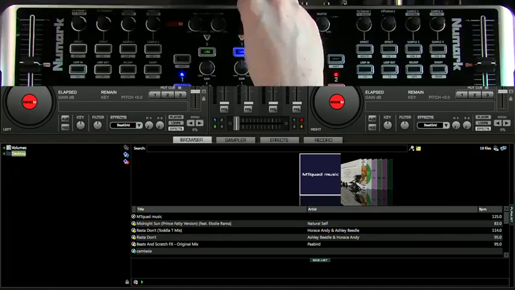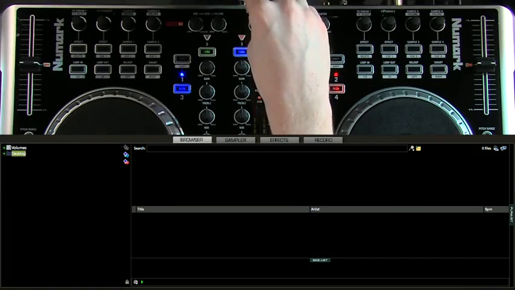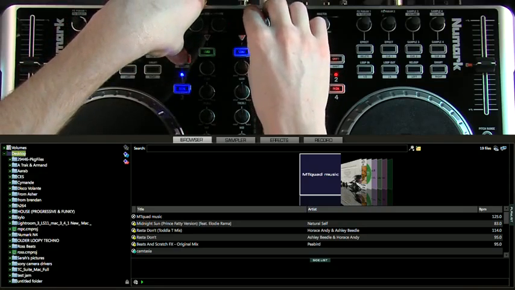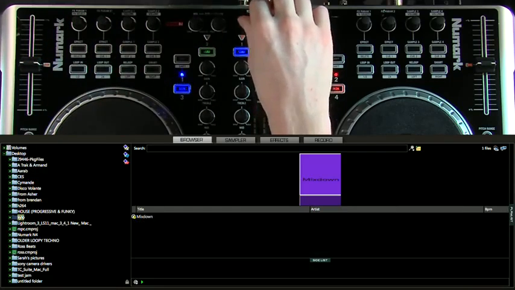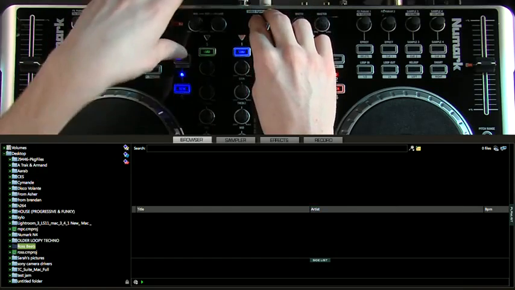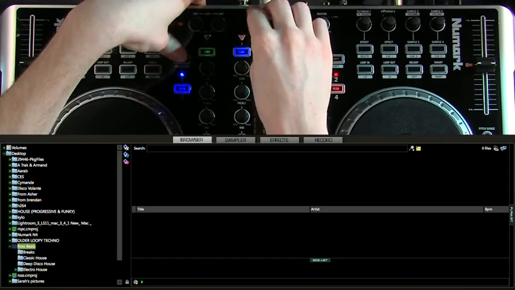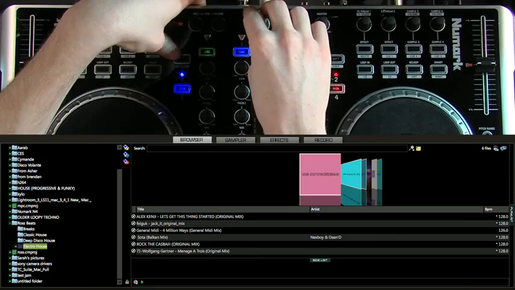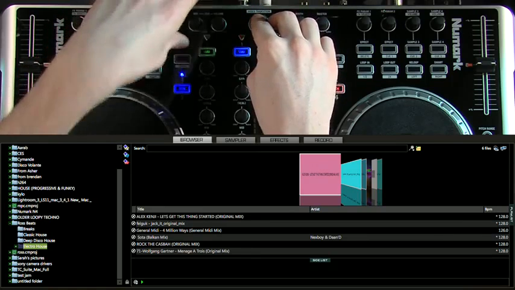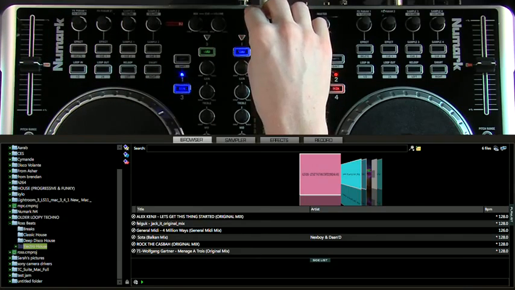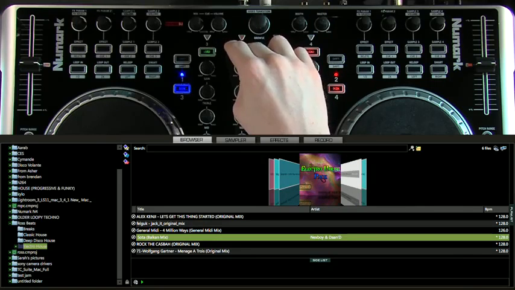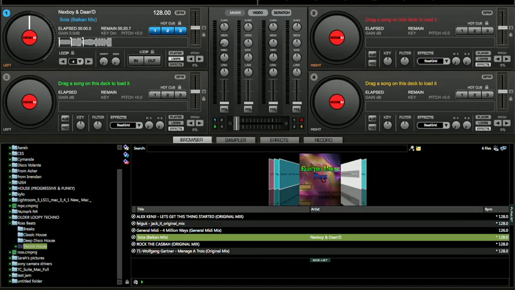Let's take a look. So to get going, move your browser knob up and down through the library. Hold Shift and press the browser knob down to expand and implode your folders here. And then once you've found the folder that you're trying to get to, press the browser knob down on its own and start rolling through the tracks until you get to what you want. I'm going to load up a few tracks